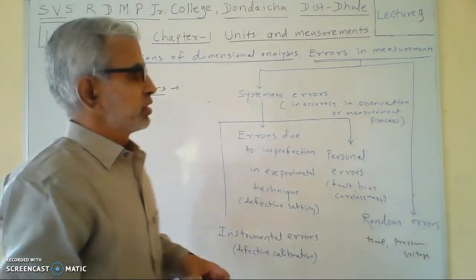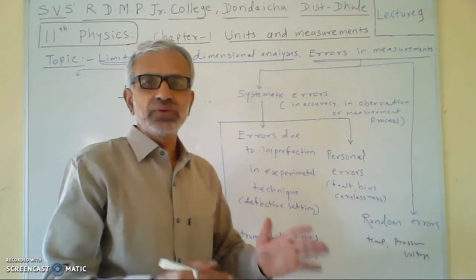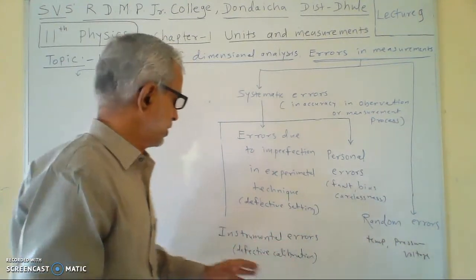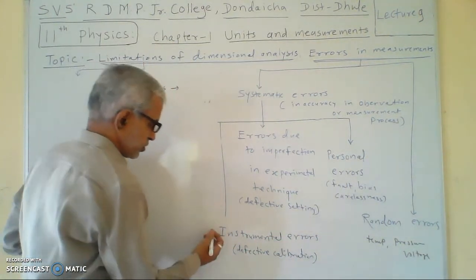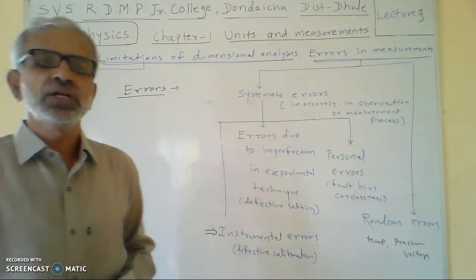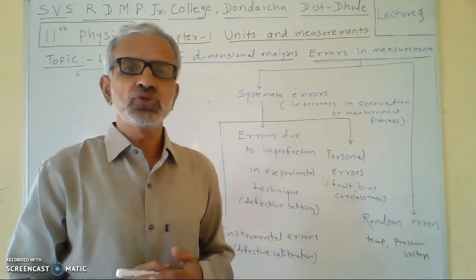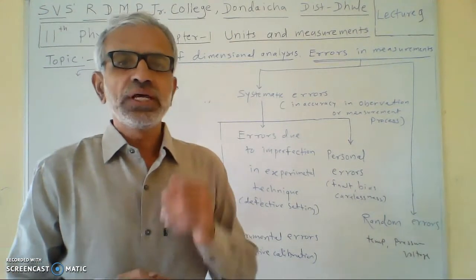So these systematic errors are again of three types. Means, if there is an error caused due to the defective calibration of the instrument, that error is called the instrumental error. For example,